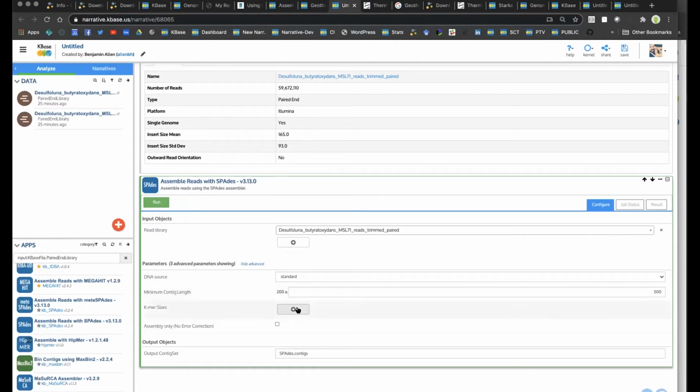But if you want to set custom Kmer values, you can. I just would recommend checking out the SPAdes manual to do that. And let's just say you're here and you're like, where's the SPAdes manual? You can always check out more info about any of these apps, and there's a couple ways to do this. One is you can click this